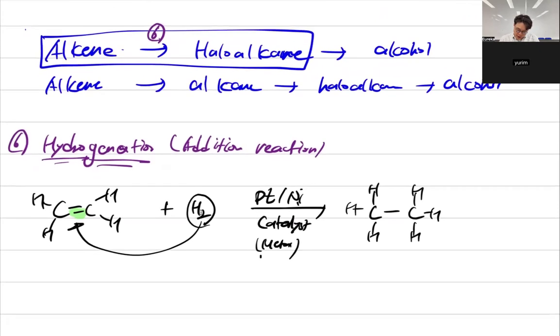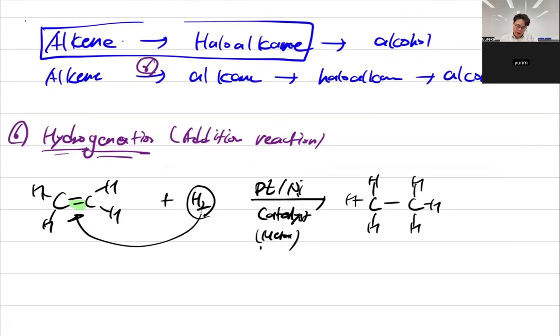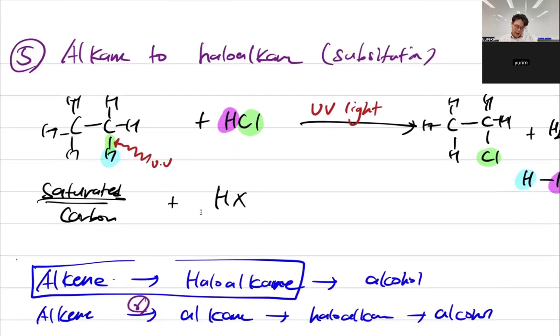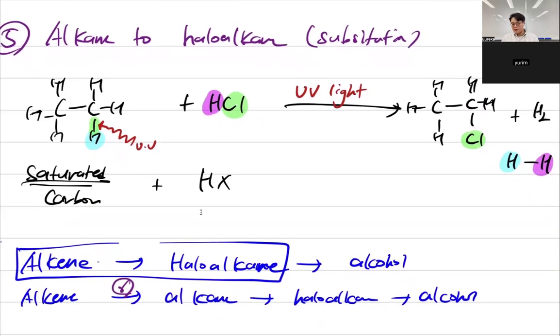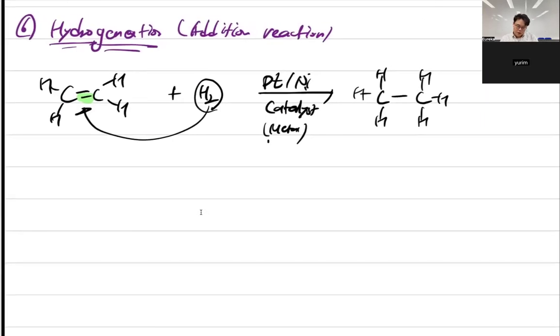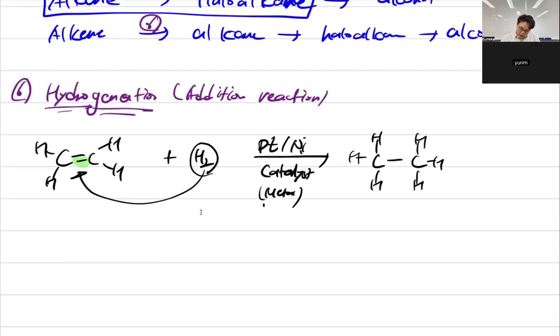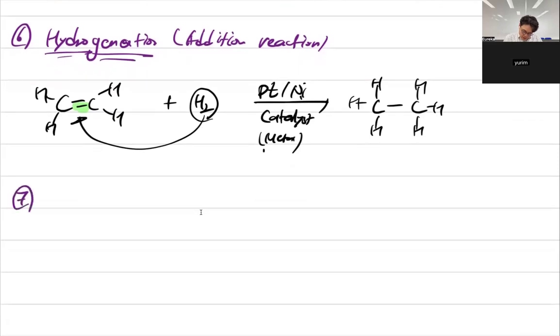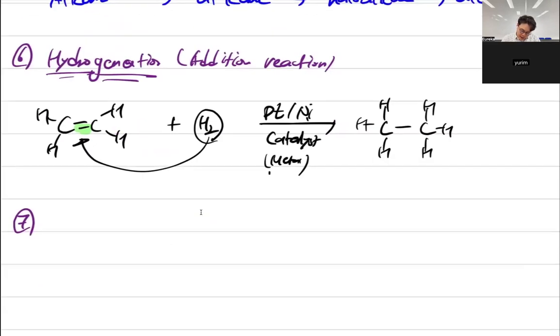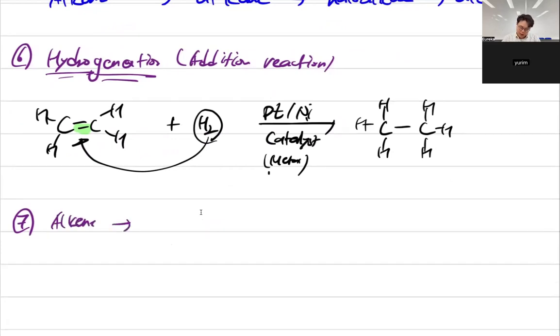So from that hydrogenation, we now have our hydrogenation product. Okay, let's go to alkane process number 6. It is a common method from the alkane, then we can move on from alkane to the haloalkanes, going through the substitution reactions and producing that into the alcohols too. Now, number 7 is what I want to say from alkene. So from alkene to the haloalkanes,